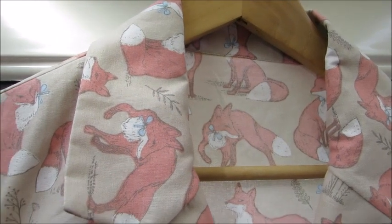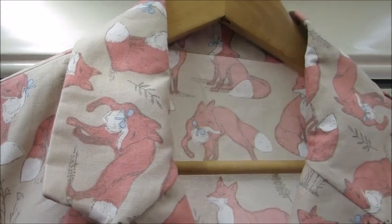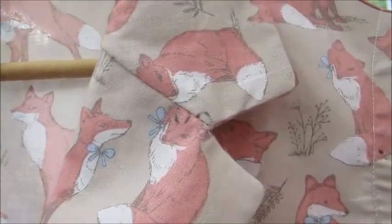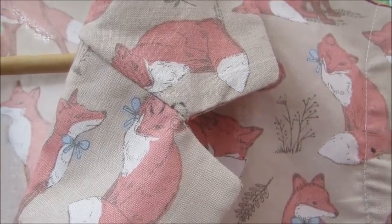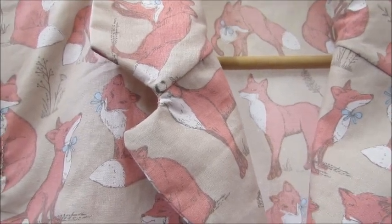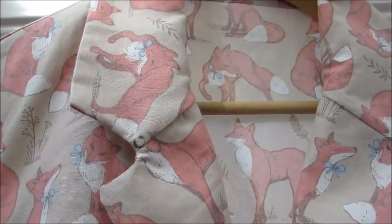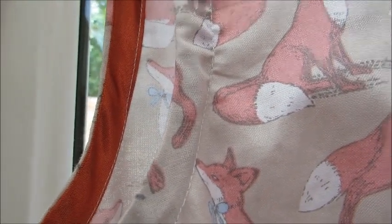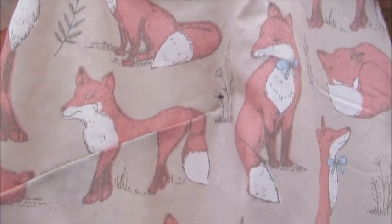So I am going to start with the collar here, and this side is not too bad. The points kind of do look like they should, but over this side unfortunately there is a little bit of curving going on there. And then over on the arm side I used sit-in bias binding, a bit of a contrast, kind of like a burnt terracotta brick colour. And then following down we have the bust darts there,